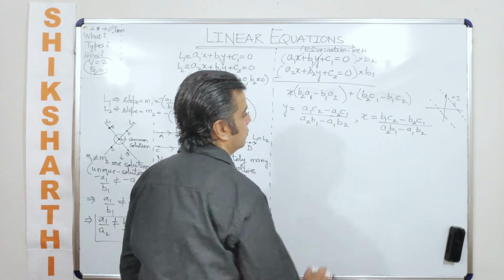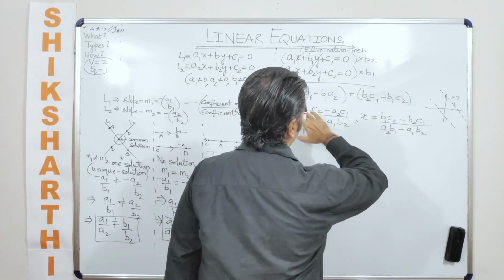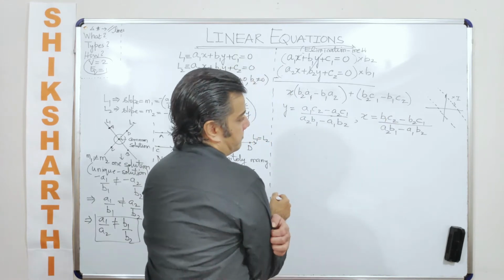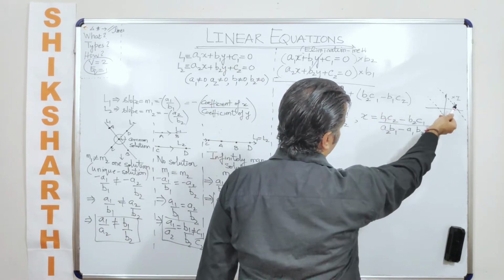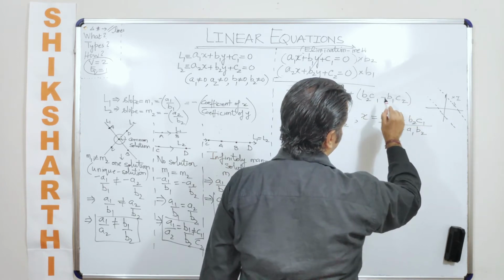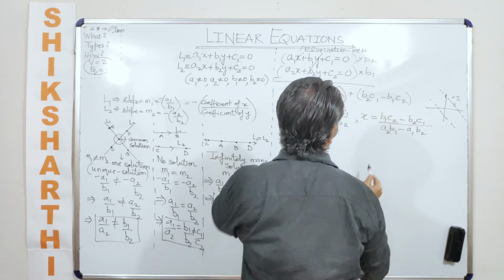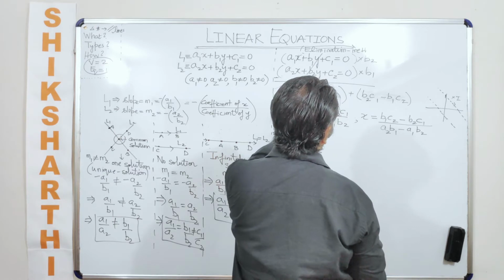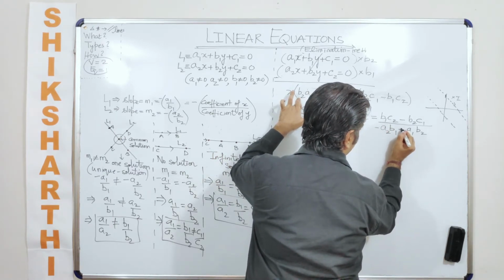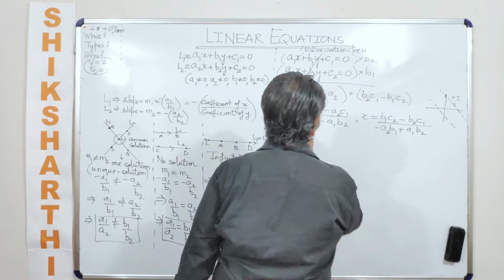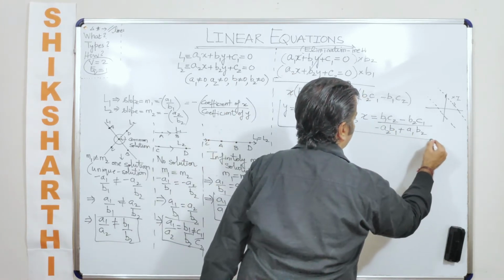So now when this goes on the other hand side, what are we getting? The numerator remains the same. When this goes on the other hand side, this becomes plus and this becomes minus. So B1 C2, but the denominator comes out to be A1 B2. So this has to be written as minus followed by plus. This is where you get an answer only when you are trying to work this.